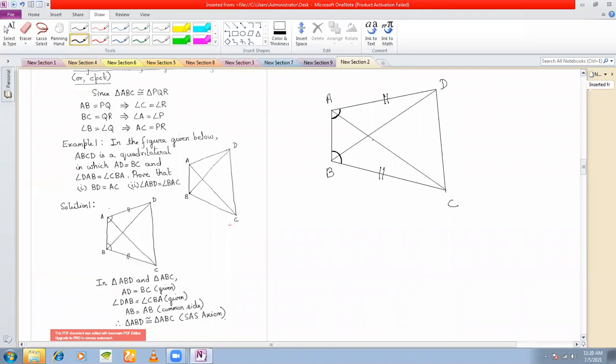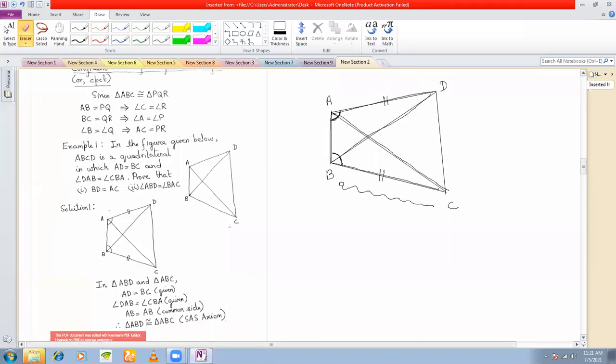Okay. So first of all, you need to identify which triangles to prove congruent. If you see here, this angle belongs to which triangle? You see, this angle belongs to this triangle, right? And this angle similarly belongs to this triangle, right? So also what you see is that this side AD that is given to be equal, AD and BC, these two are also the sides of these two triangles. That means it is very likely that these two triangles may be congruent. So let's check whether these two triangles are congruent or not. This is the way you look for triangles.